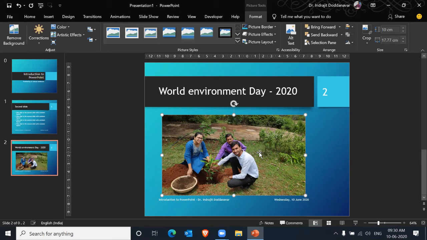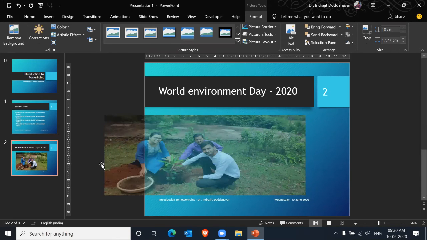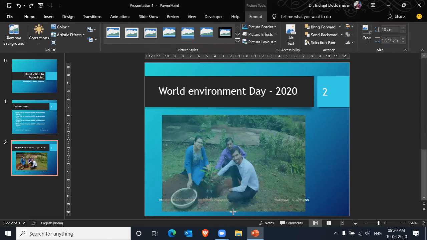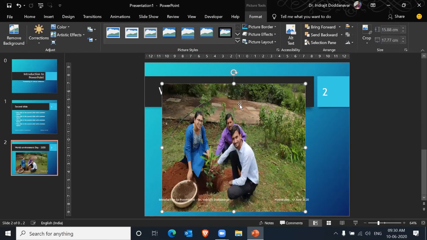Now if you want to resize it, there is a right method to resize it. You should never hold the center edges. You should not hold and drag this. If you hold and drag this, the aspect ratio will be lost. It'll blur the picture.